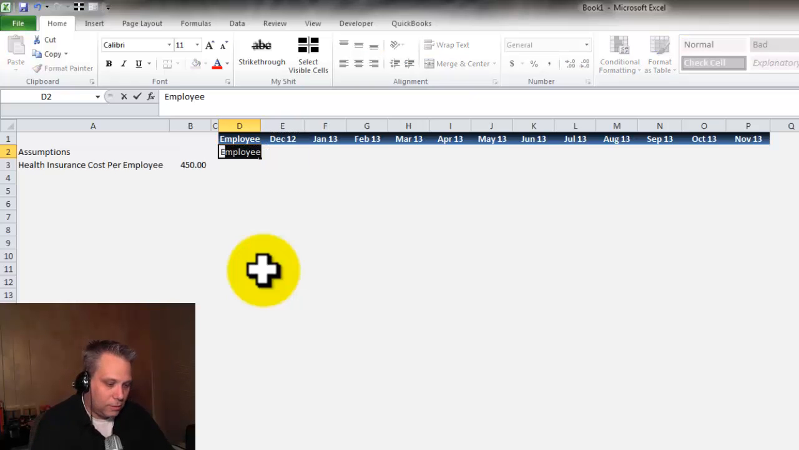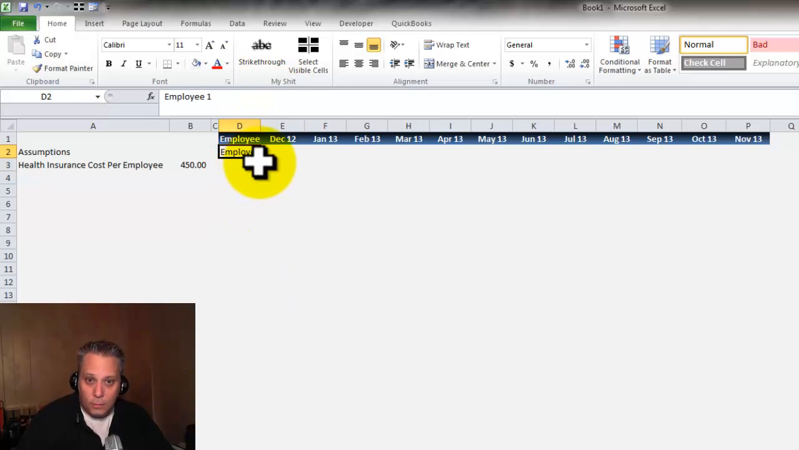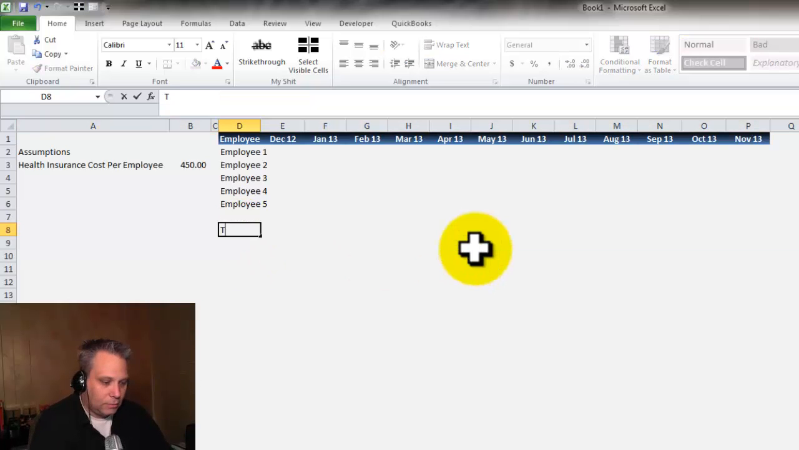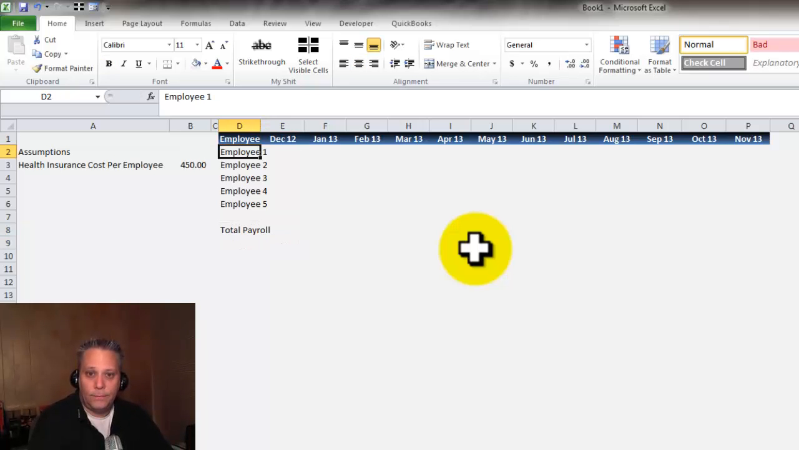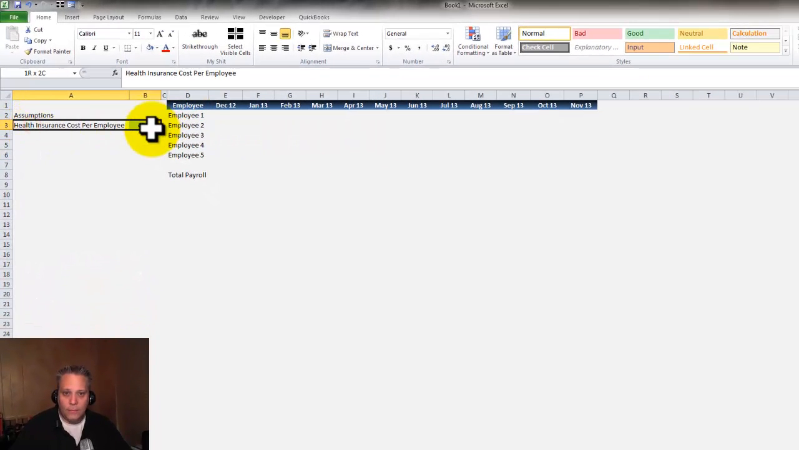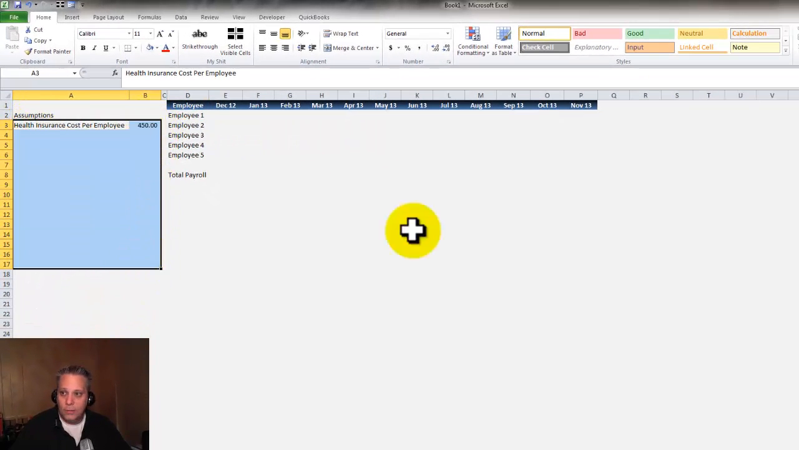So let's just call this employee 1. We'll do 5 employees, not that it really matters. Total payroll. So this is going to be monthly payroll. Let's widen this up a bit. And again, going back to the formatting issue, there are things you can do here to